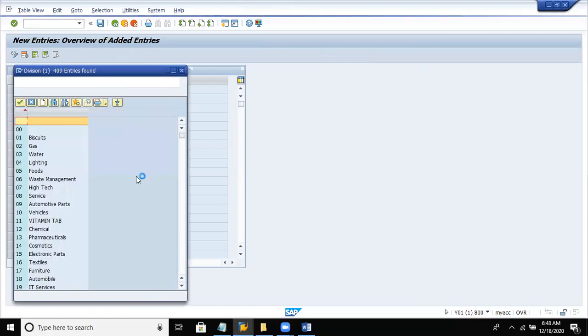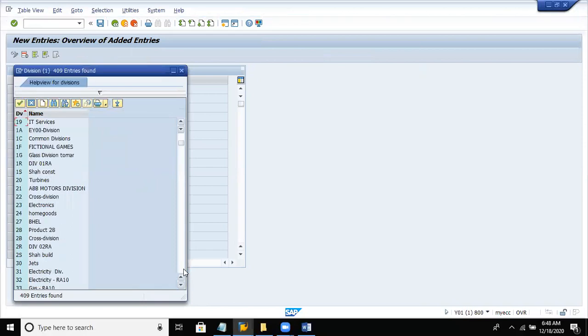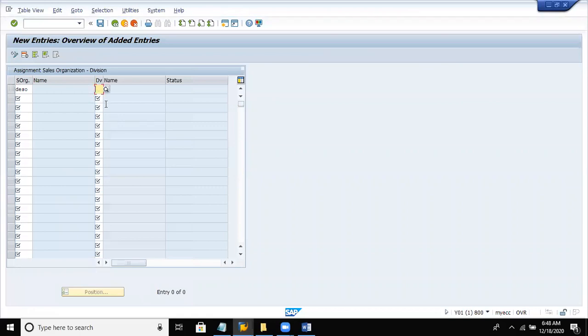So D1 we said it is IT services, and D2 we said somewhere around, yeah, we said D star and D slash. So D star we said computer services, D slash we said it's consultancy services. So let us link our sales organization to our services. Nothing but in our particular sales organization we do services as well. We also do consultancy services. So it is a division.